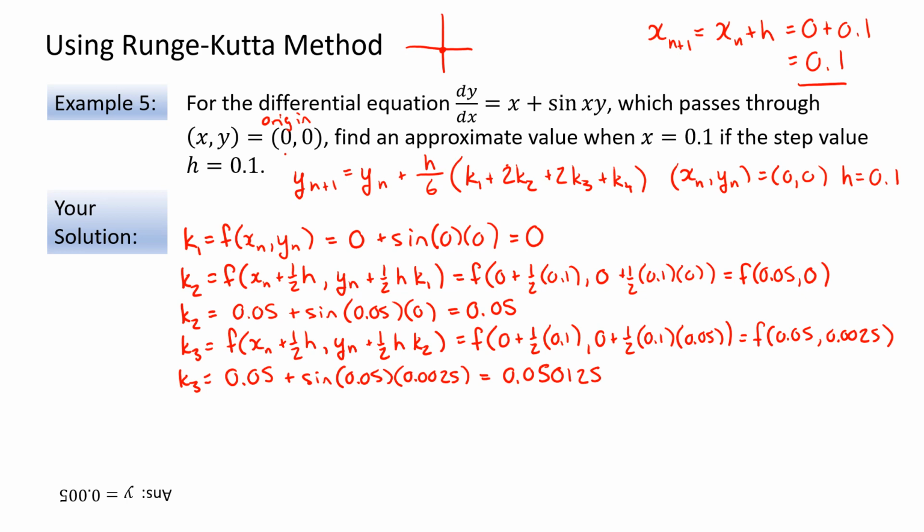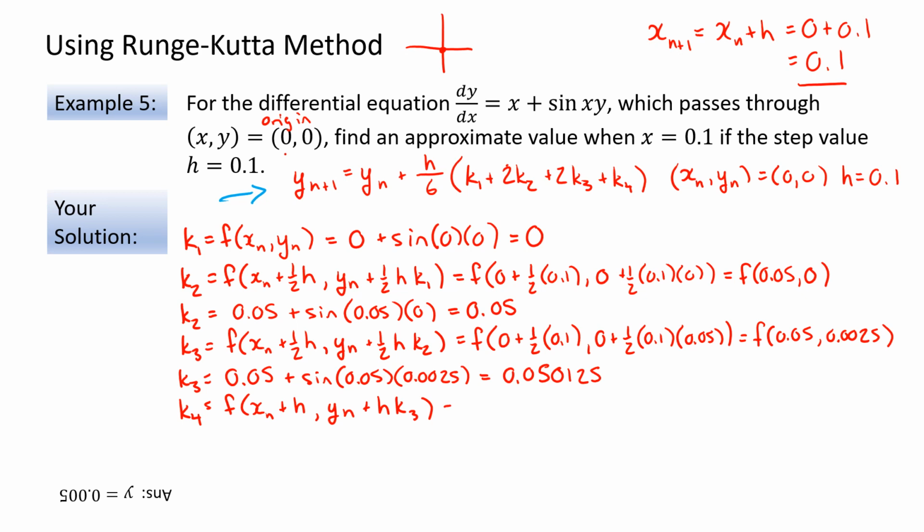So we have one more to do, which is k4. Once we calculate all these, we can simply substitute them back into this equation. And since we only have to do it once, remember, because our next incremental value of x is only one step value away, we'll be done at that point. So k4, our final value, is our function at x_n, but in this case it's plus the whole step value, which is h, and y_n plus, again,